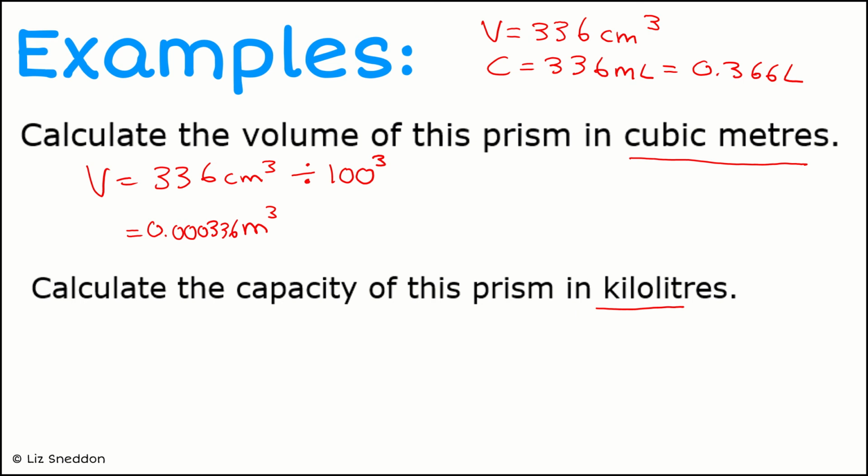So to turn that now into a capacity in kiloliters, well, 1 cubic meter is equal to 1 kiloliter. So therefore, our volume of 0.000336 meters cubed is equal to that many